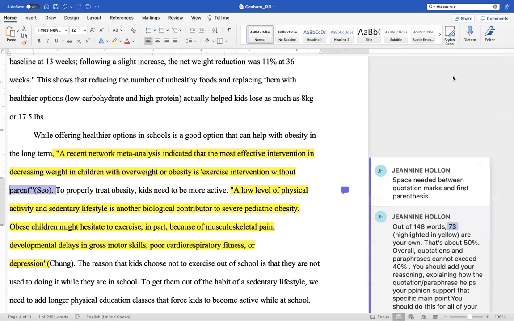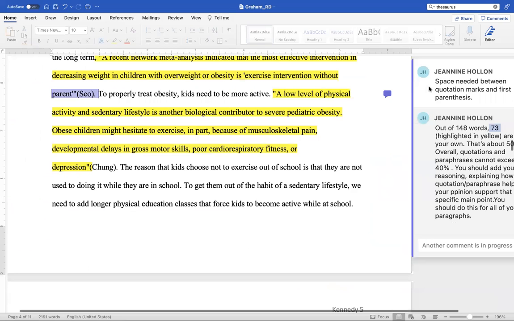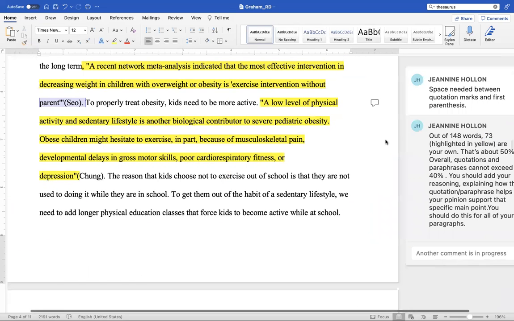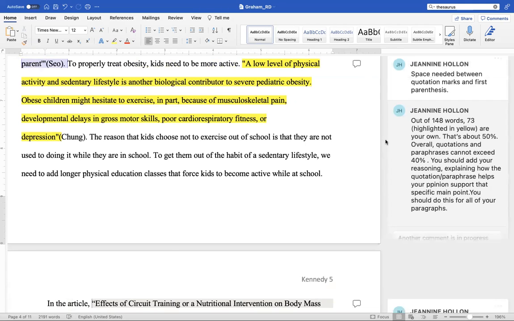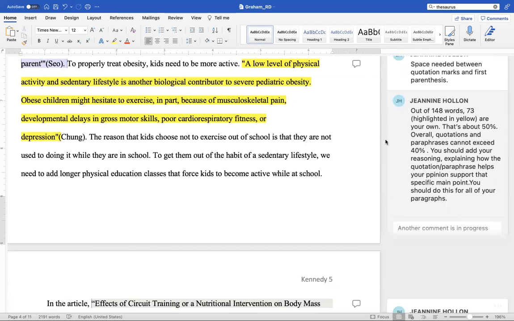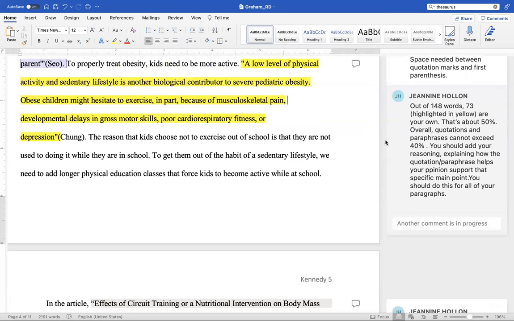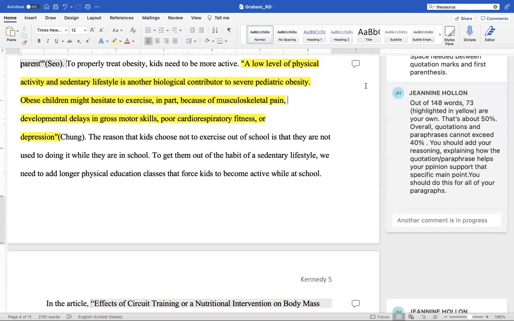So this is almost half someone else's words. And when you submit this on SafeAssign, you need to check it, because I've set it where y'all can actually see. I want you to check it and make sure that it's not over 40%, because that would say that almost half of your paper, or 40%, is somebody else's words, which shows me you're not putting your reasoning, you're